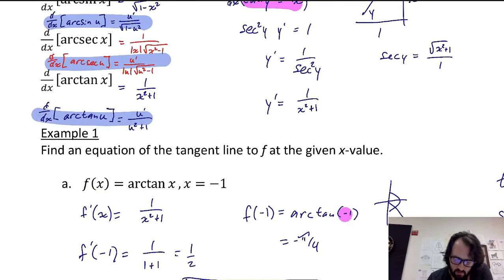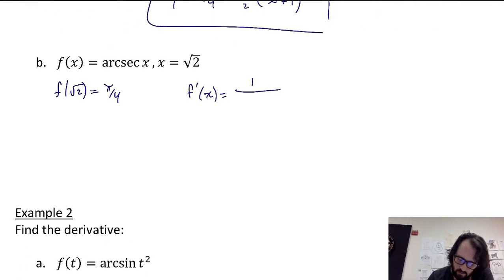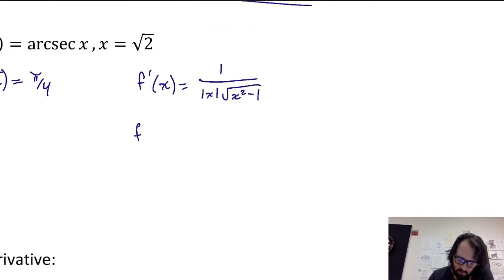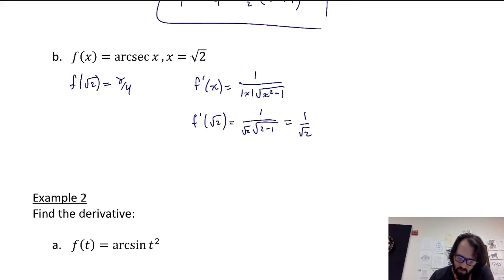Let's verify. 1 over absolute value of x, square root x squared minus 1. All right, so at root 2 then, I have 1 over root 2, square root 2 minus 1. So this would just be 1 over root 2. That's all I need, so y minus pi over 4 equals 1 over root 2,